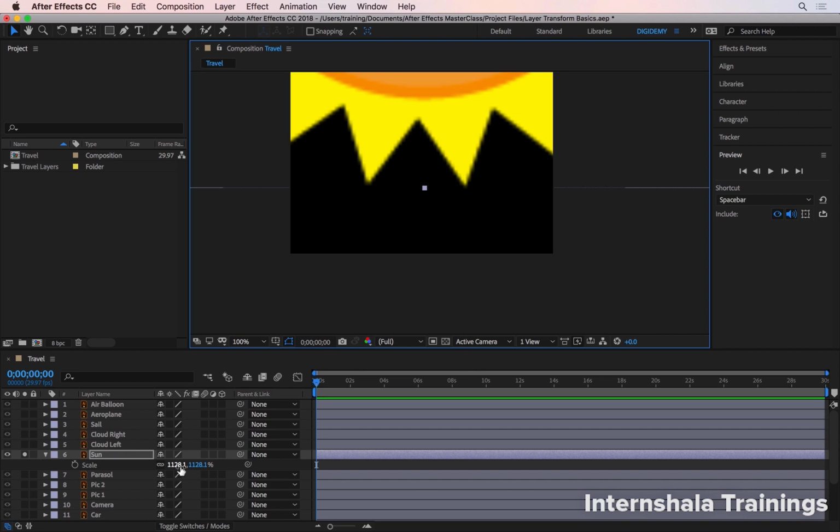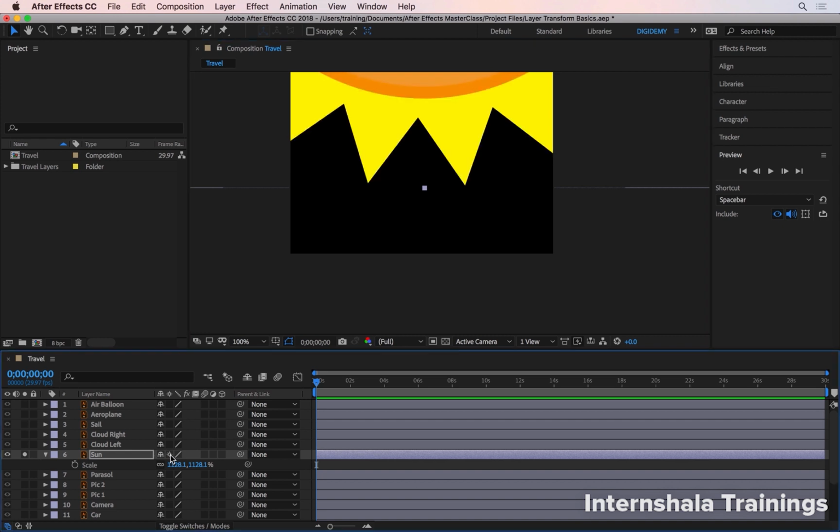So in order to tell After Effects that this in fact is a vector file and you want to keep the layer's edges quite sharp, you click on this button here, the one that we mentioned in the previous tutorial, the one that looks like the sun, next to the shy switch. This button is called Continuously Rasterize, and what that means is that it's going to look at the vector file, and it will look at the scale property, and in this case we set the scale to be about 1100%, and it then calculates that, and based on those figures it rasterizes the layer, so the layer looks sharp at